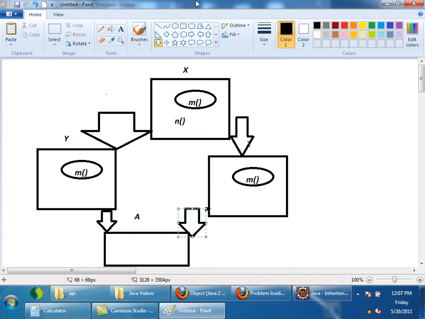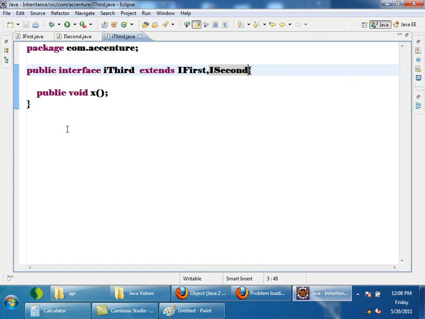So that is the reason why multiple inheritance of interfaces is possible and why multiple inheritance of classes is not possible. Any doubts? Okay. Now tell me, can one class implement one interface or many interfaces? One class can implement many interfaces. Yes, that you should understand. That's it.